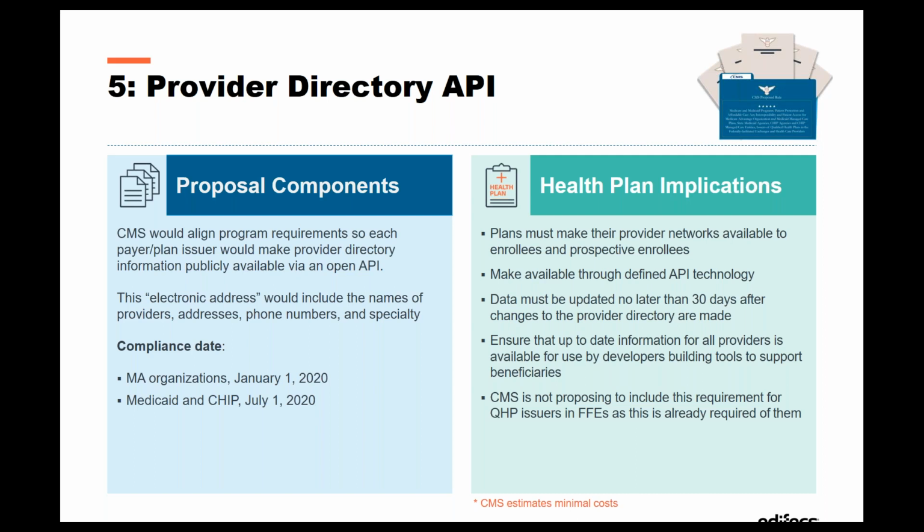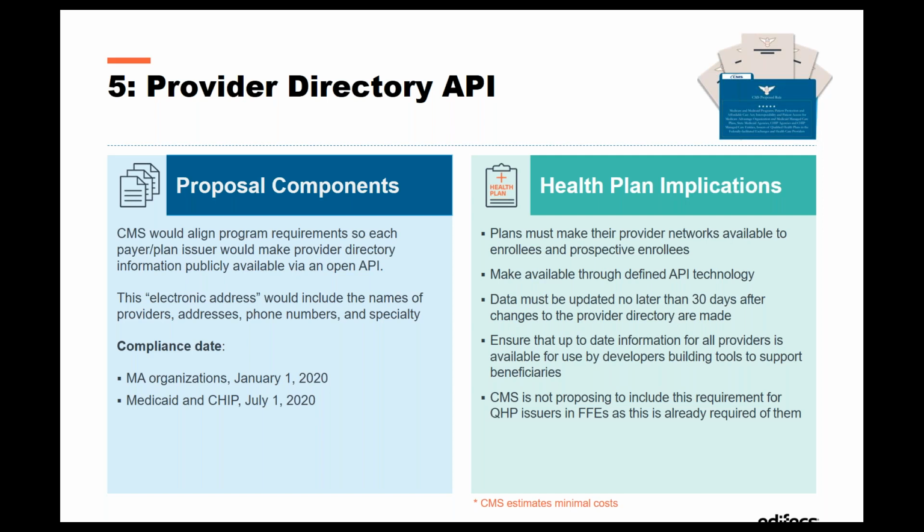The idea that now we have really up-to-date information, we can call to that information and make calling to this provider information part of workflow. How that might impact, I don't know if there's a huge impact here, but provider networks must be available not only to the enrollees that are current members, but now you're going to open it up to prospective enrollees, right, that are looking at this information. So that might be a big change.